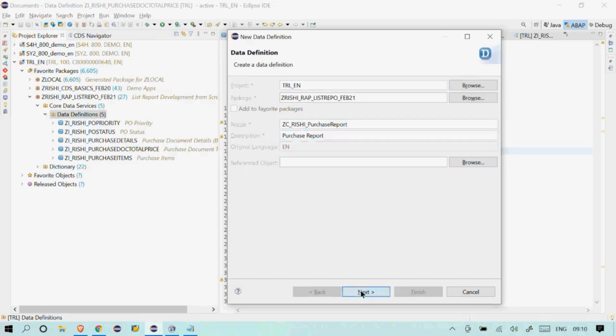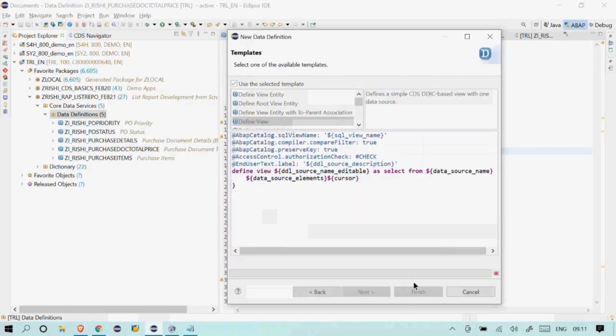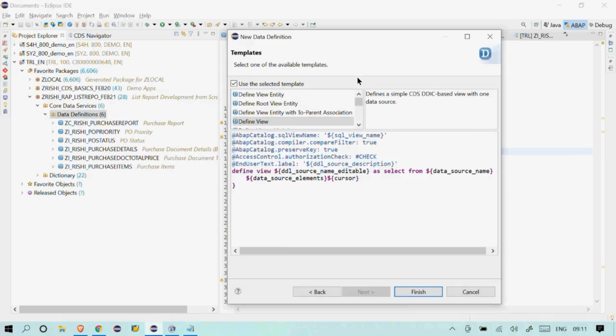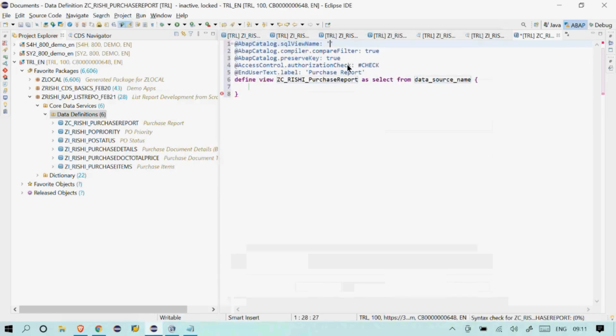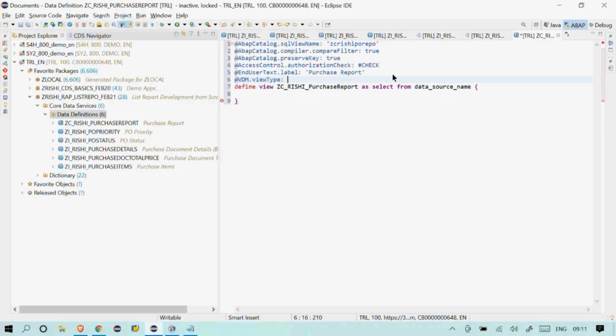Purchase report, and click on next. Go next and finish. So I'll mark this as a consumption view. First, GRishi provide the name, PO report, and I'll mark this one as VDM basic.